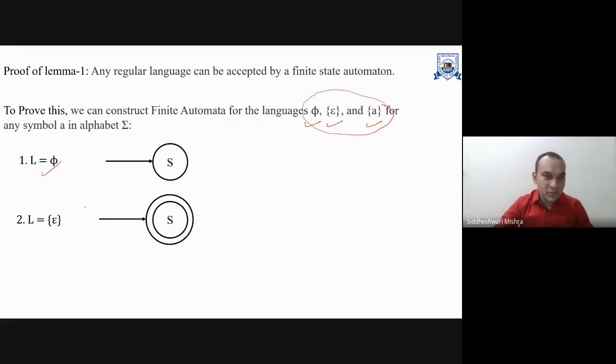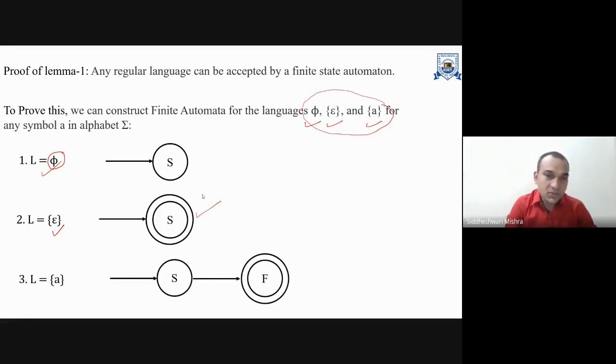So what is the difference between these two terms? The first one is L equal to phi. The second is the null string, that means you are not giving a single input. If you give a null string as an input, your starting state becomes your final state, because without giving anything you have just come to your final state. And the third one is if you give a very small input, that means a single input, consider this is your A as a single input. So if it starts from S and we give a single input A,